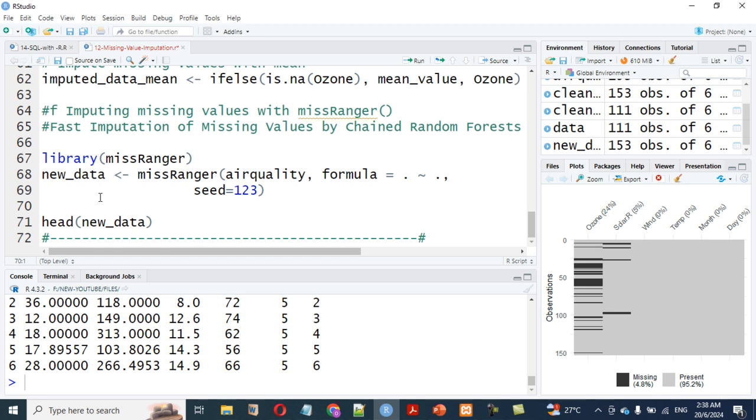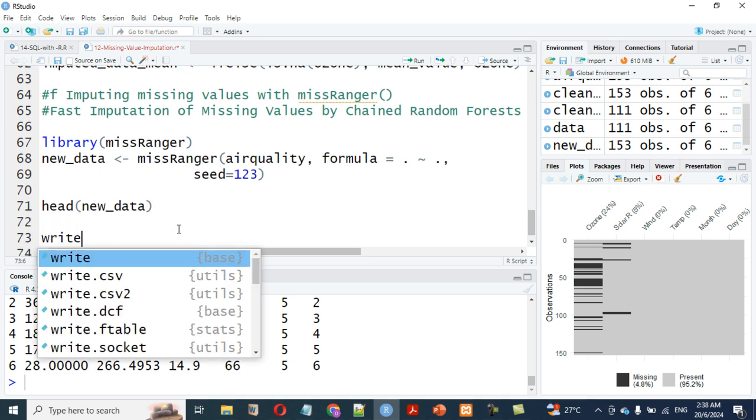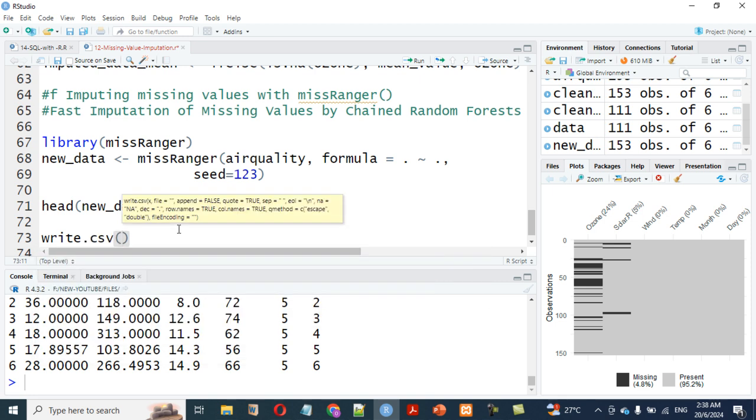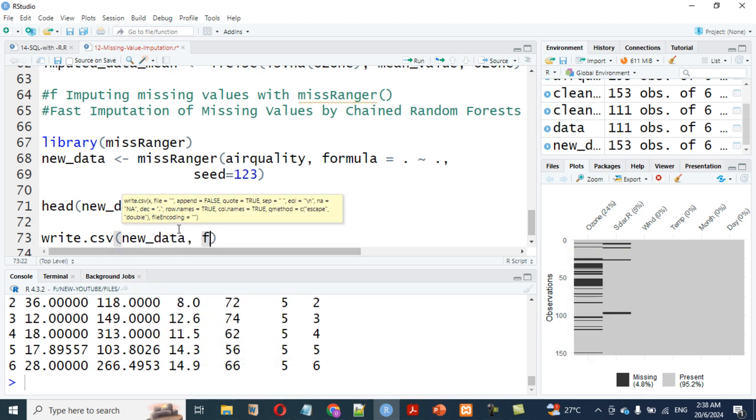I think we're good to go now, and anytime you want to do that, just go ahead and do it perfectly well. And you can save this new data on your machine. How do you do that? Just say write.csv. Your new data name, just put new data, then comma, your file name, the name you want to give it, equals